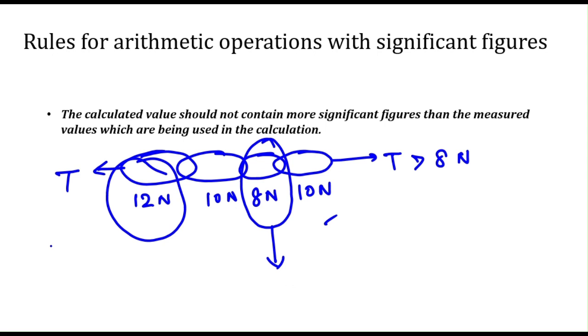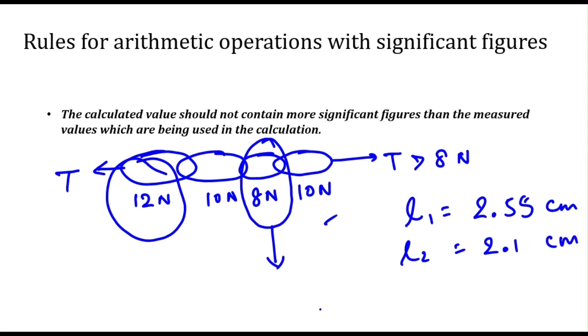In the same way, no matter if we have several measured values and those measured values have several numbers of significant figures, we are going to concentrate on the weakest link there, meaning the lowest number of significant figures, and that should be reflected in the final result. For example, let's say we have measured two lengths, L1, let's say 2.55 centimeter, and L2, let's say 2.1